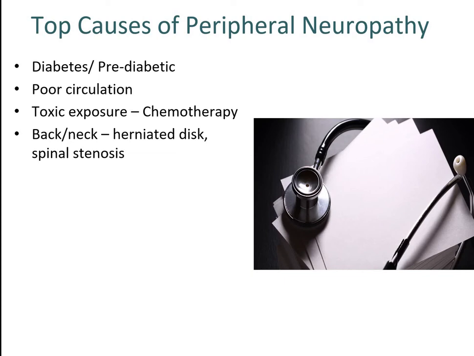So you can actually get pain that radiates down the legs or arms, and that's a type of neuropathy as well. Post-surgical, these nerves get cut, and that happens quite a lot, unfortunately. It's a hard one to treat. Autoimmune diseases, that's another one that's hard to treat, but most commonly the top 4 here are the ones we